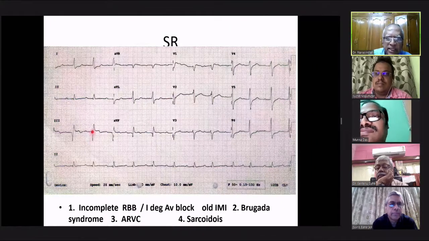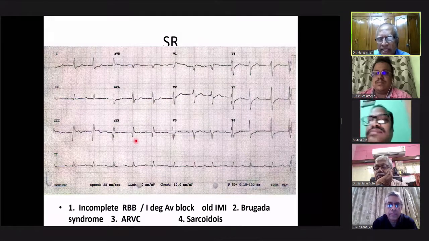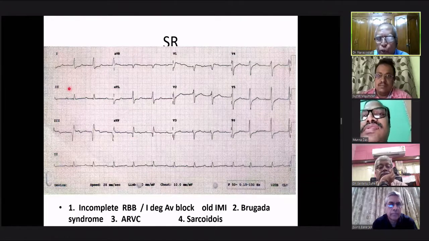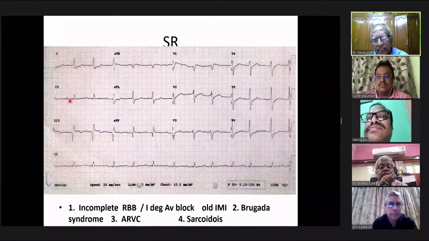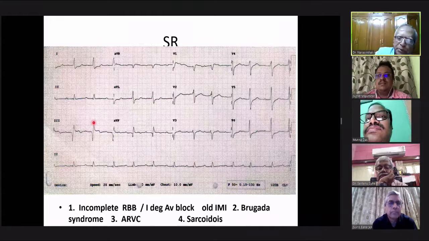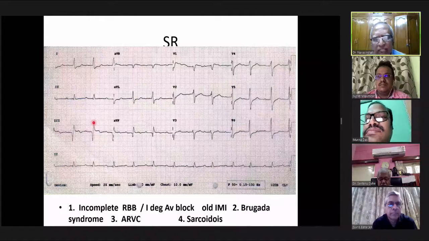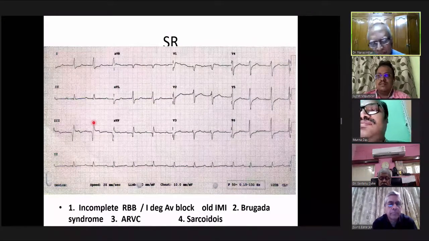When you see a QS complex in lead 3 and AVF, what decides the specificity of inferior wall infarction is to look at lead 2. Shamroth and others have looked at this, because all of us know that in obese people also you can get some physiological Q wave. But when there's no Q wave in lead 2, it's highly unlikely to be inferior wall infarction,